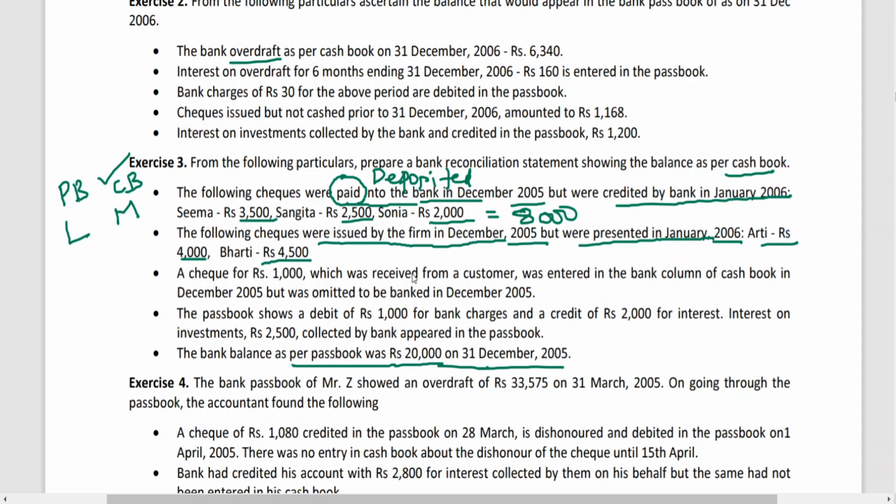Those who do not have a checkbook, most of you are aware of the ATM card. You go to any bank where you have the ATM facility, you put in the debit card, and you start withdrawing the money. Similarly, in those days, and even today, most of you are unaware of this: